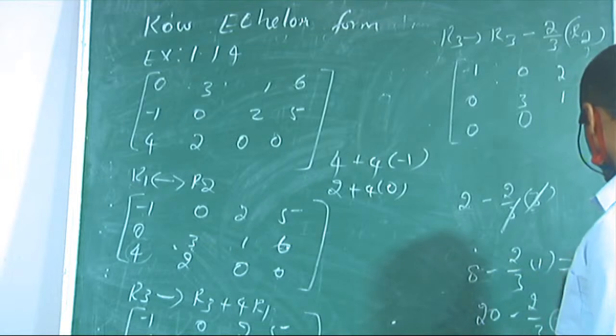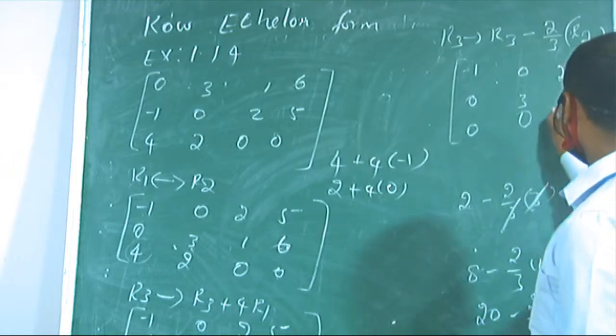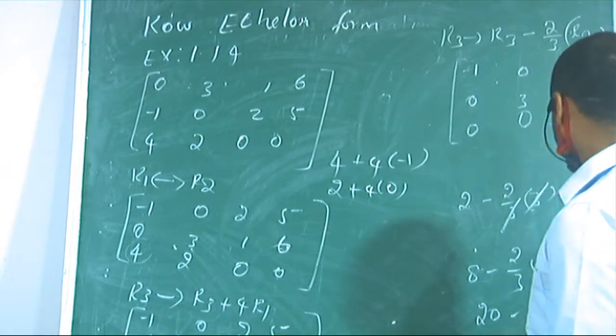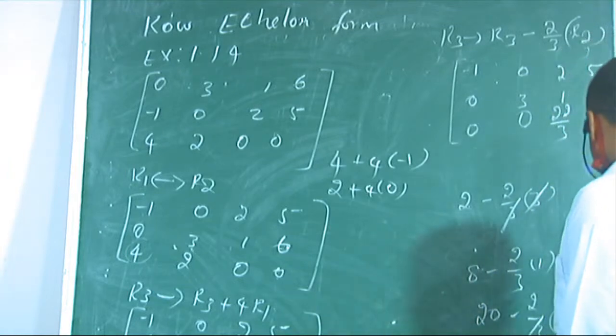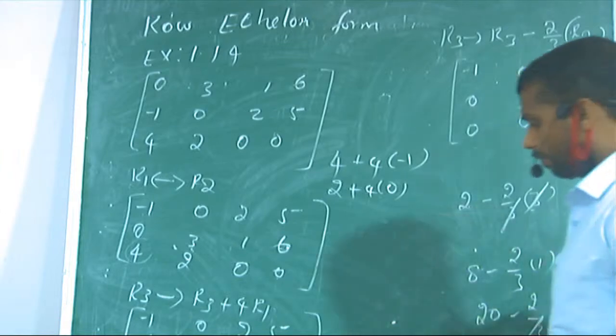So this is the answer actually. 3 8s are 24. 24 minus 2, 22 by 3. There is actually 22 by 3. Next term, 3 and 6 2 times. So 2 into 2 is 4. 20 minus 4 is equal to 16. Therefore,